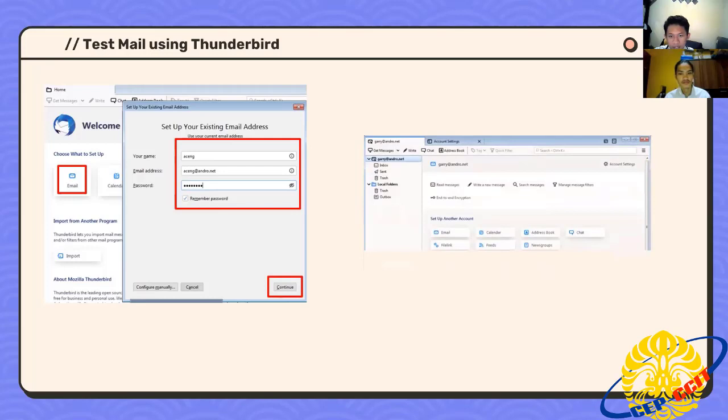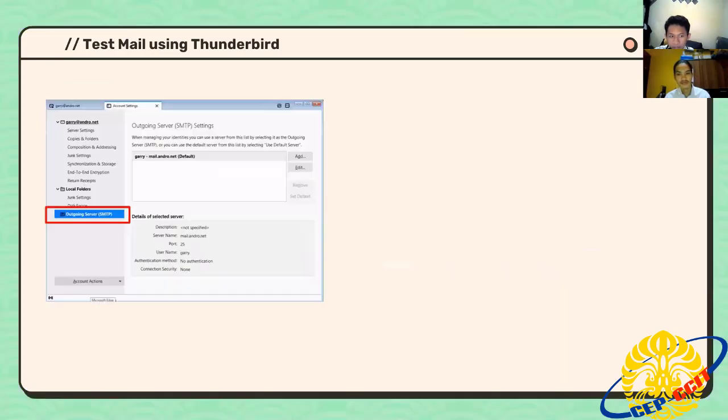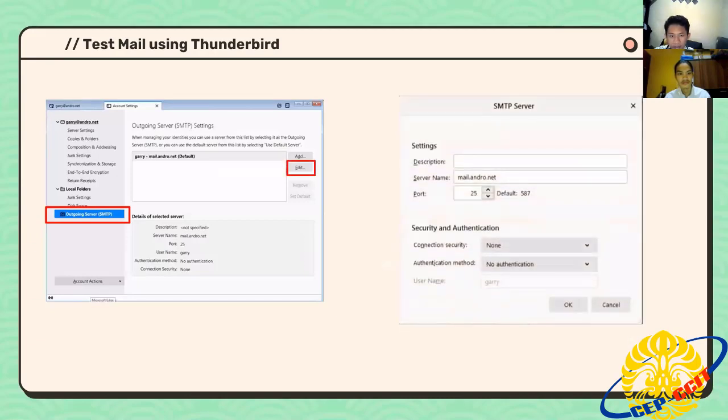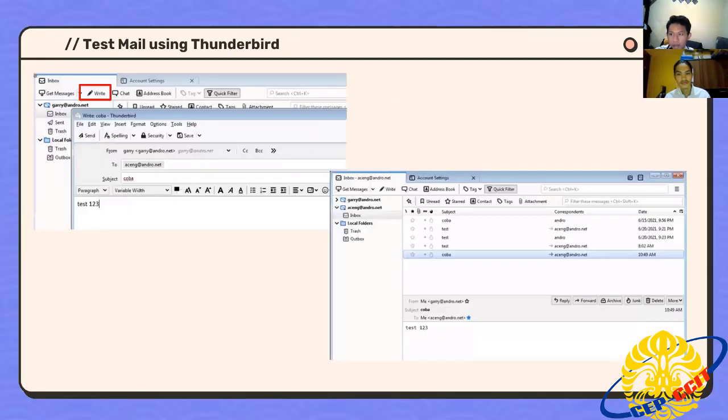And in account settings, we edit the configuration and set the connection security to none because there is no connection security on this server, and then click OK. And we try to send a message by clicking right and sending a test mail to aceng@andro.net, and there is an inbox message, the message was sent.